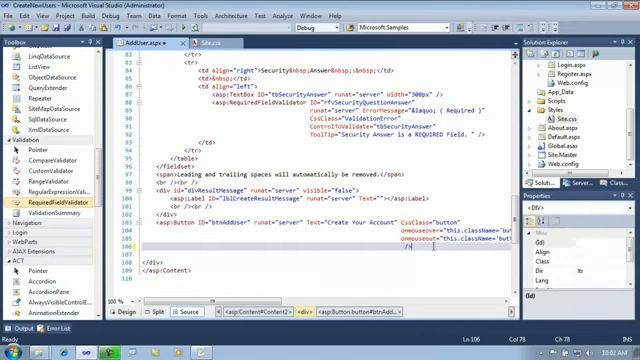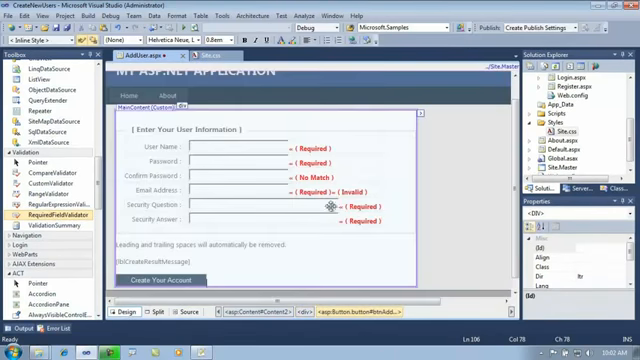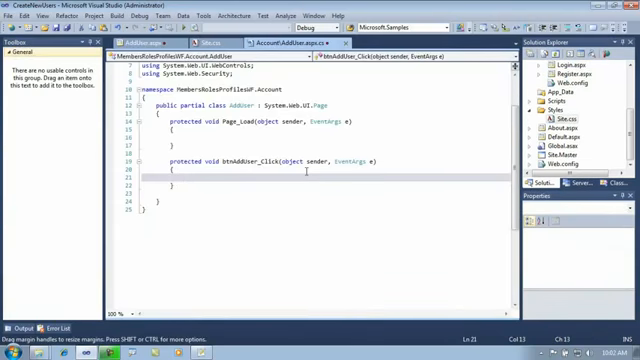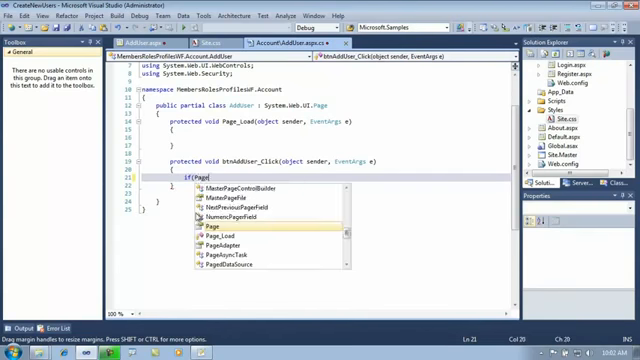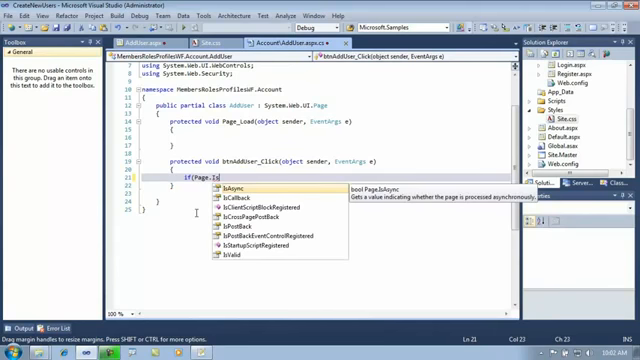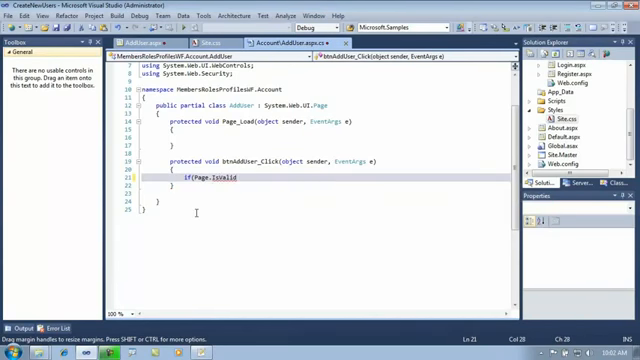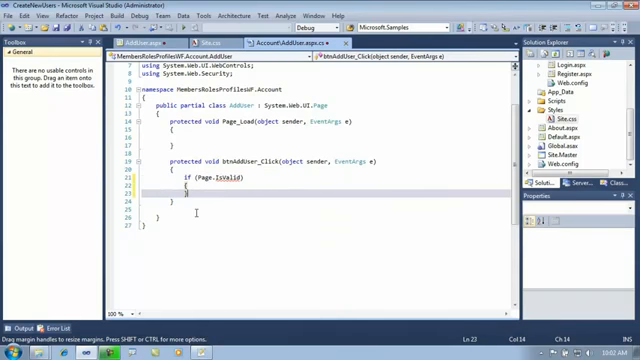So the next thing that we need to do is to generate the click event handler for the submit button. If we do that, then we have our click event handler in code behind. And here in code behind, we have to write the code that actually will create the user account. But before we do that, we want to validate all of the data that's been entered. So the first thing we want to do is check and make sure that all of the validators passed validation. So we can say if page is valid, then we're going to